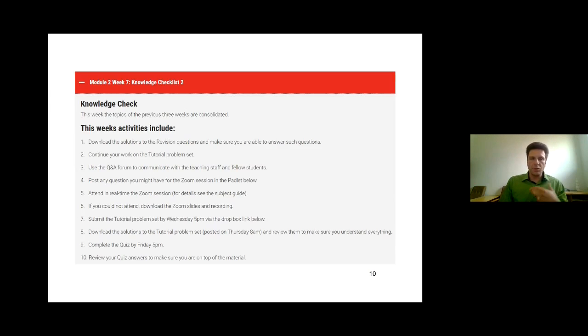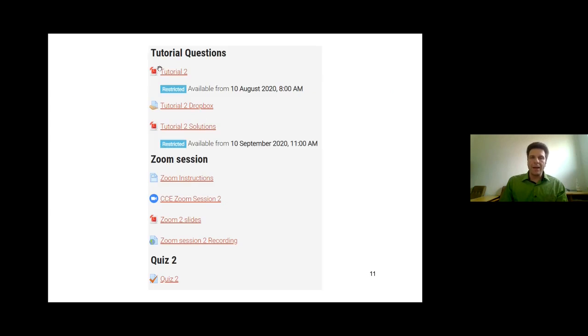So there's always a Zoom session at the start where the students can ask questions, and then they have a problem set where they submit answers to some questions. This goes back to what Daniela was talking about, the flipped classroom. They're supposed to do some work, and then they can come back and discuss whether they have any questions or what they can learn. And there's also a quiz